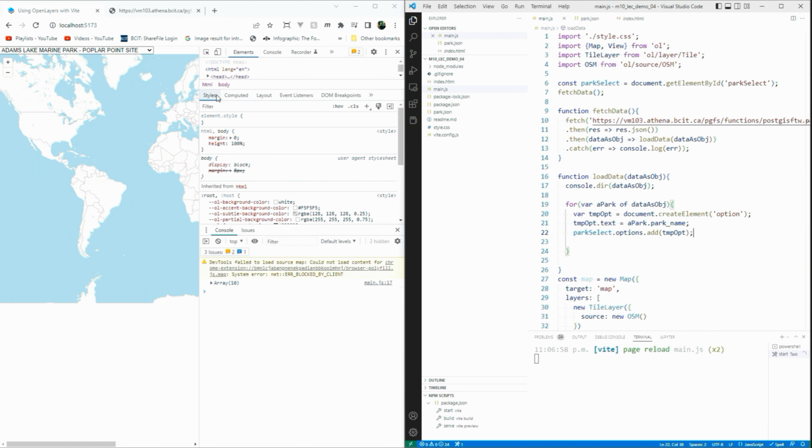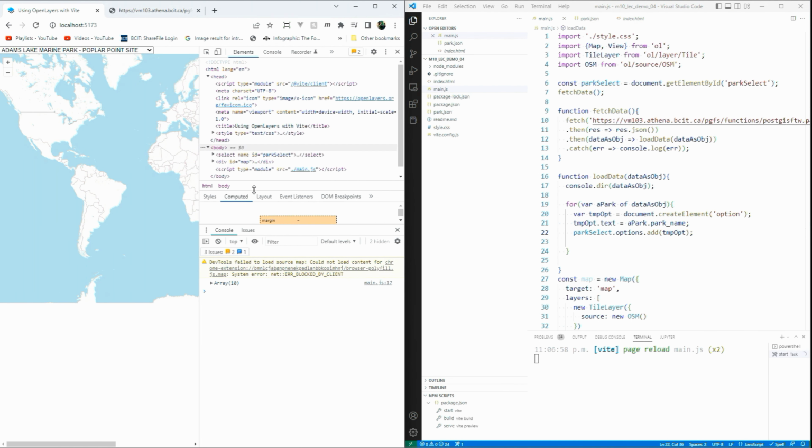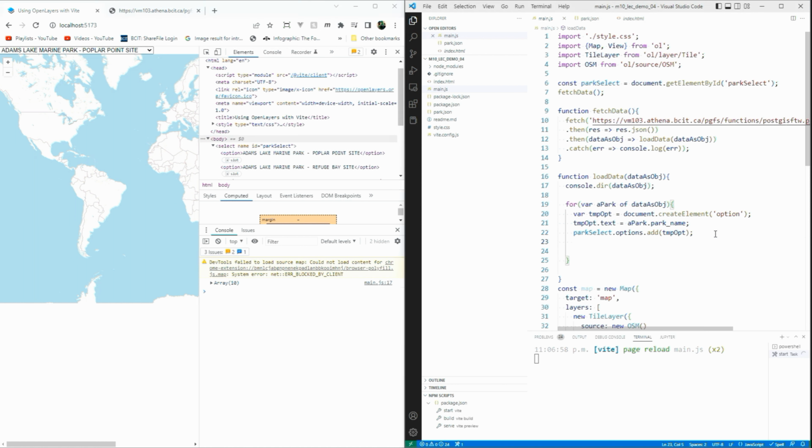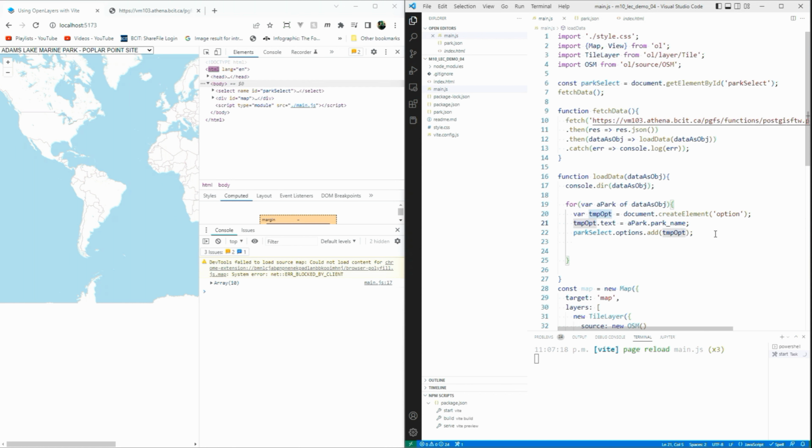Another thing, right now I'm just setting the drop down list value. If we went and looked into the head, if I make this a little bit bigger, we have the select right here. All that's really in there is option with the text. We don't have a value in the background. So what I'm going to do is, before I add it actually,